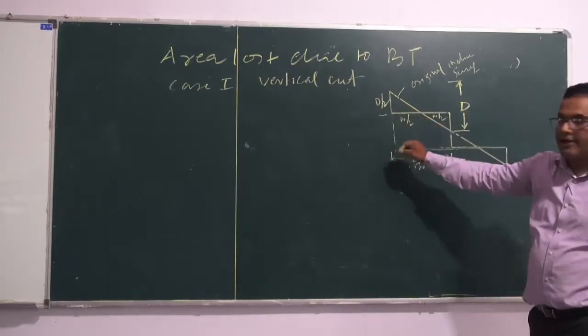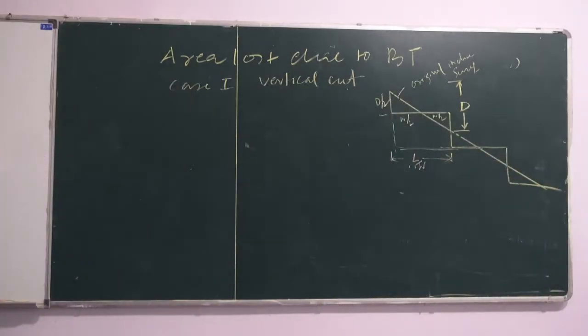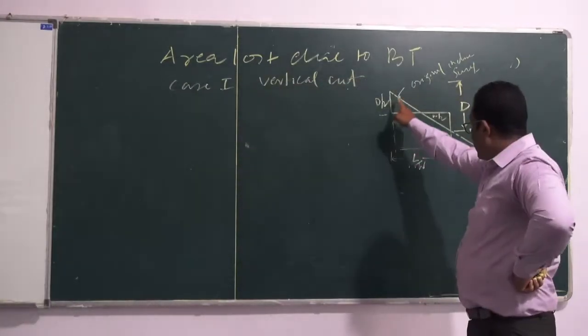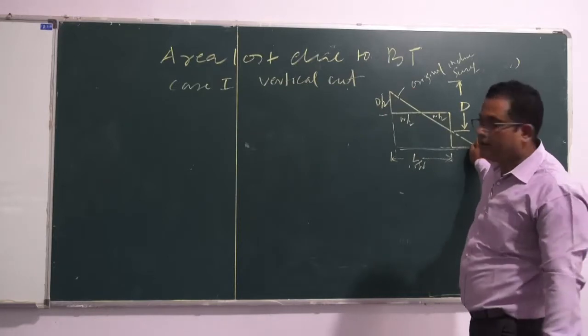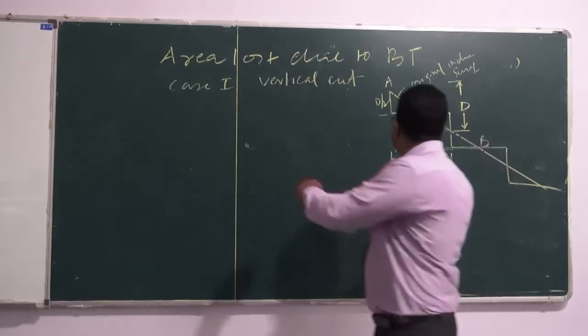So this is the right angle triangle that it is making. So the area lost in terms of the original inclined land, that is AB, it will be